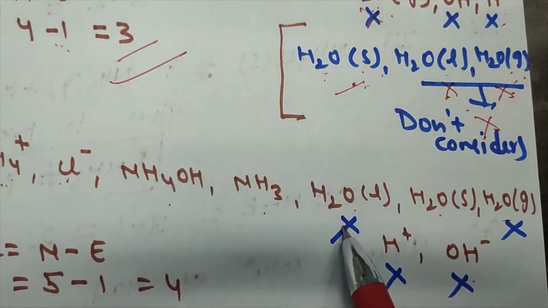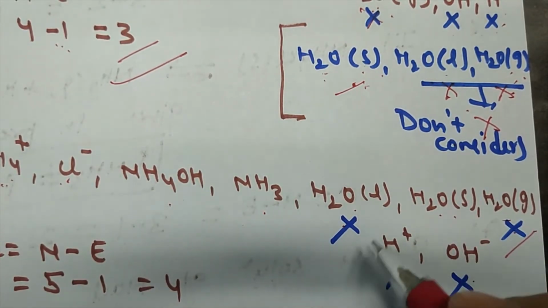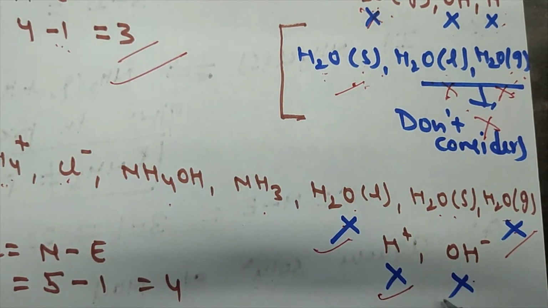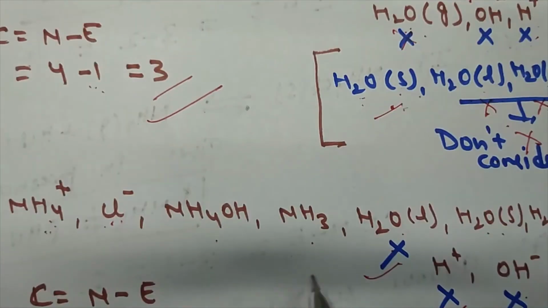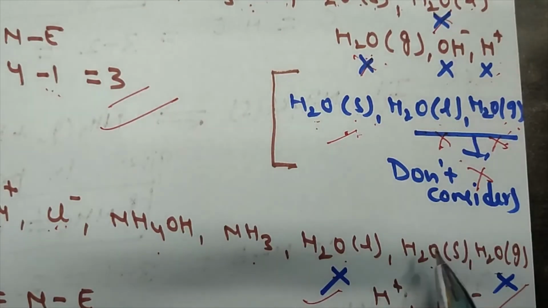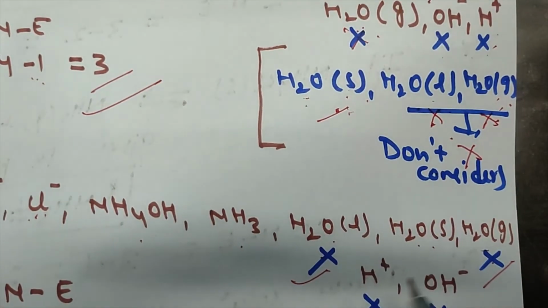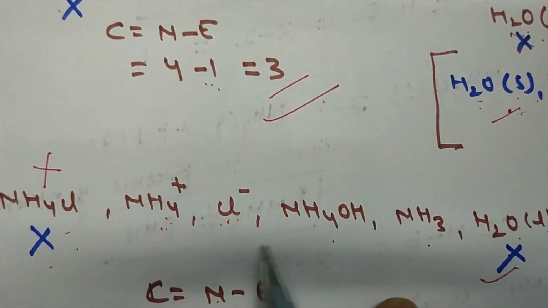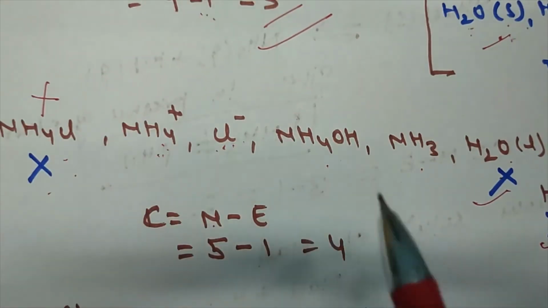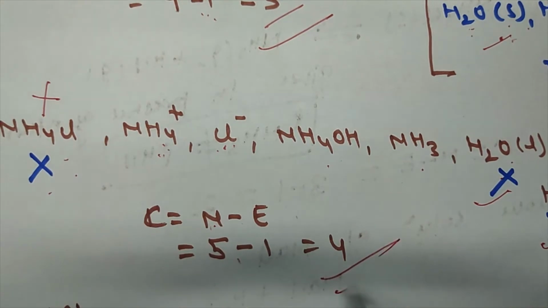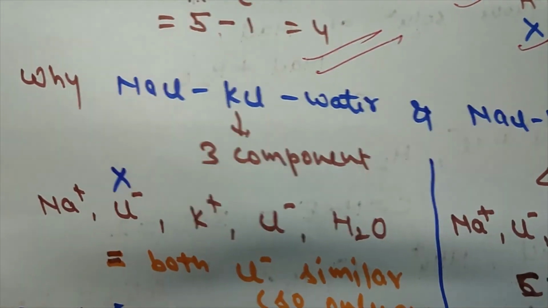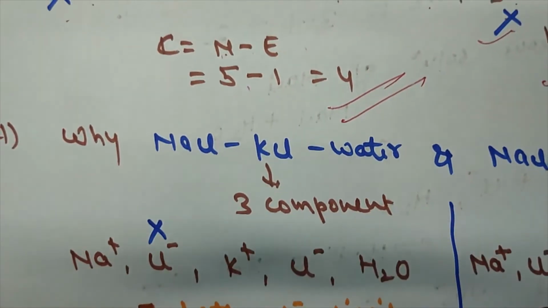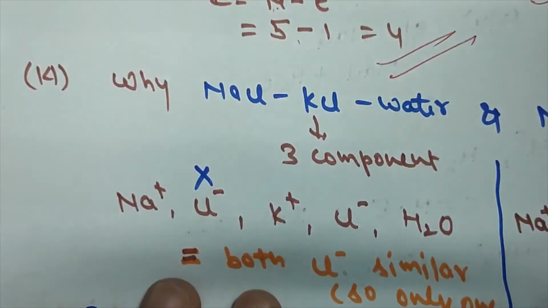Okay, now H2O liquid, H2O solid, H2O gas given, cut H2O solid, cut H2O liquid, cut their ions too. Then what you have, 1, 2, 3, 4, 5. Okay, so you have 5 and only neutral condition is there, like their ions, so 5 minus 1 is equal to 4. Okay guys, now this last question, which has also been asked several times in your examination,